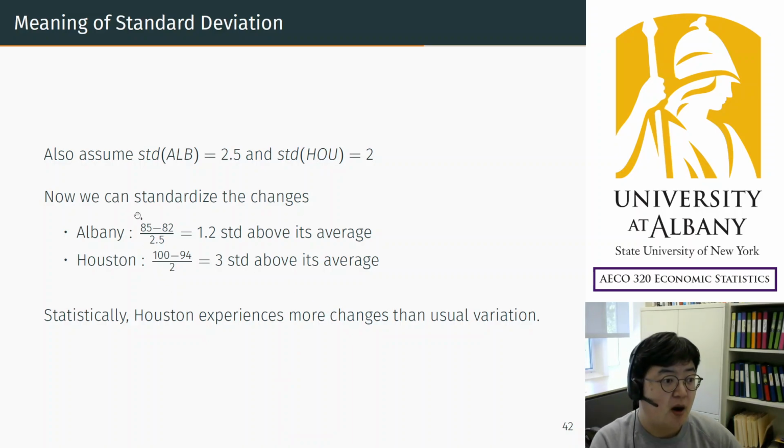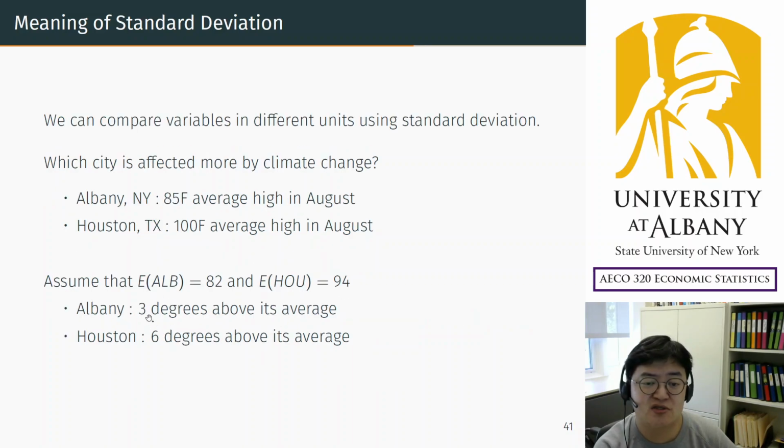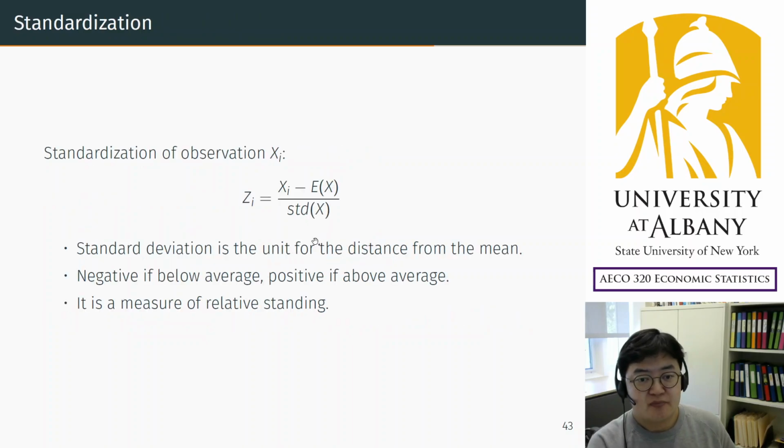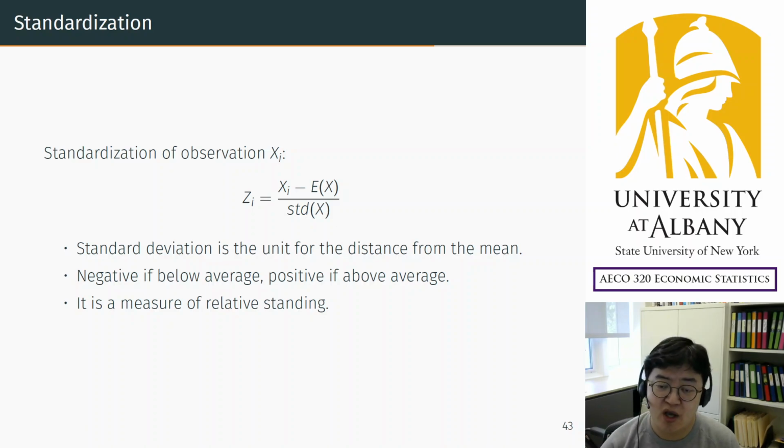So that's what we use in comparison. Like, for example, when I just say 3 degrees higher, then 3 degrees is not a lot, but when I use standardized numbers, then you can get a better feeling. Okay, it's statistically more extreme, something like that. Okay, so we are going to use this again later. Standardization is an important way to use